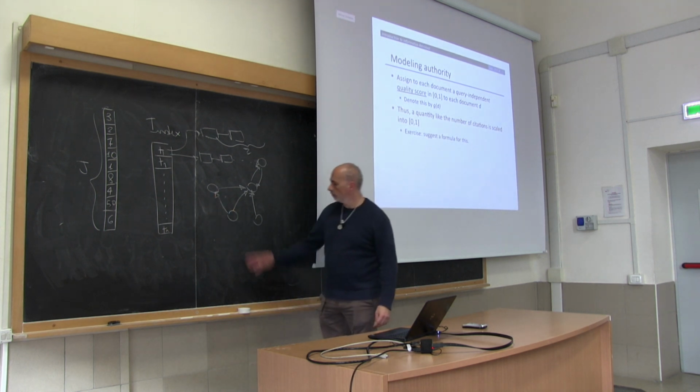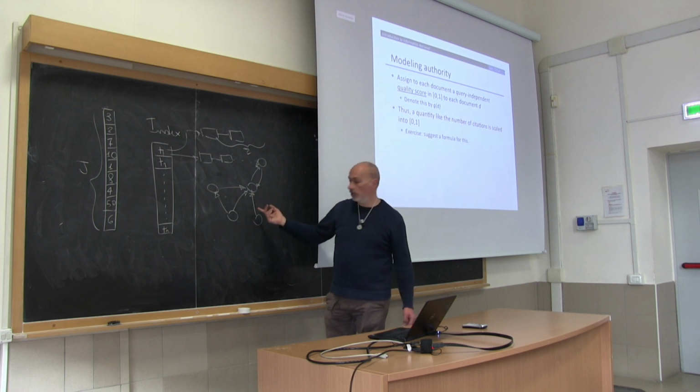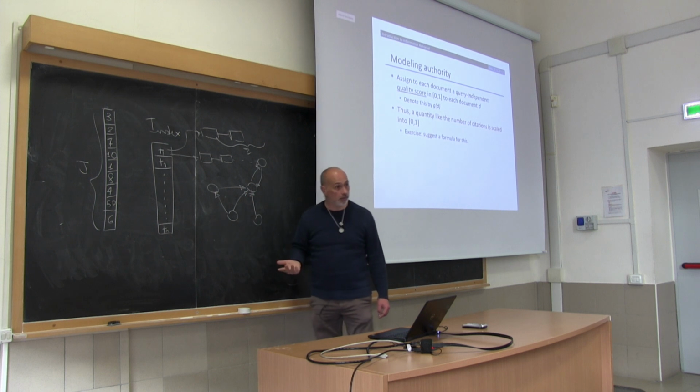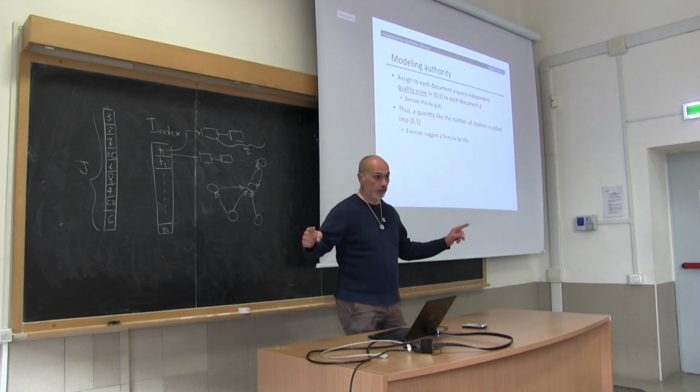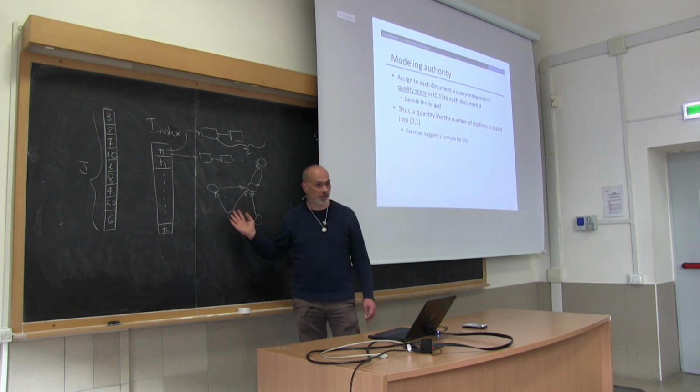You can just take the in-degree of each node. Each node corresponds to a paper. Every link is a citation, so this paper is citing this paper. And you normalize by the total number of arcs. Each paper will get a score between 0 and 1, and the scores will sum to 1 by definition, right? That's a way of measuring impact. Actually, this is the way impact factor is computed.